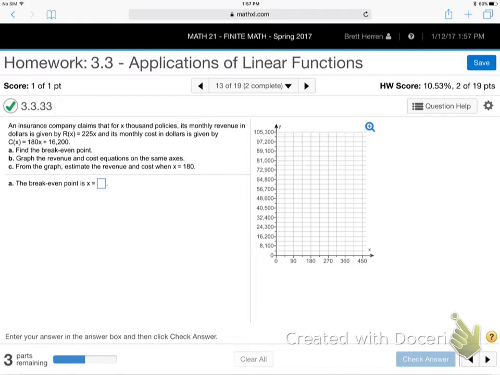Yeah, where the company just breaks even. They're not making money, they're not losing money, they just break even. And what happens when they just break even? What do we have to do? They intersect, which means they are equal to each other, right? Whenever they ask you for a break even point, that always means